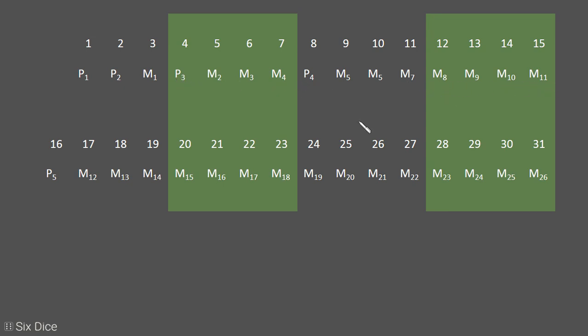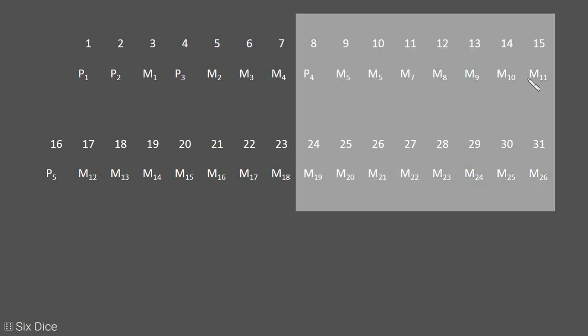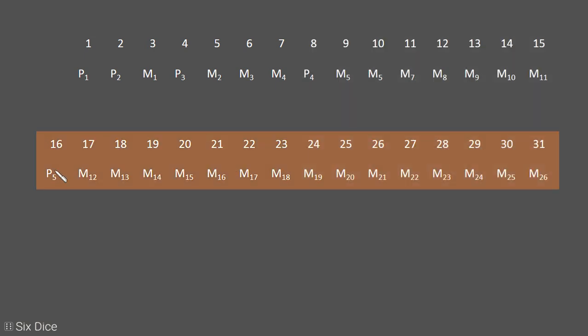again select 4 bits and leave 4 bits, again select 4 bits, leave 4 bits, again select 4 bits. Now for parity bit 4, we select 8 bits at a time, select 8 bits, leave 8 bits here, select 8 bits here. Now for parity bit 5, we select 16 bits, and so on in this presentation.